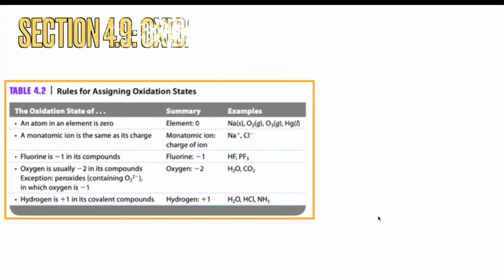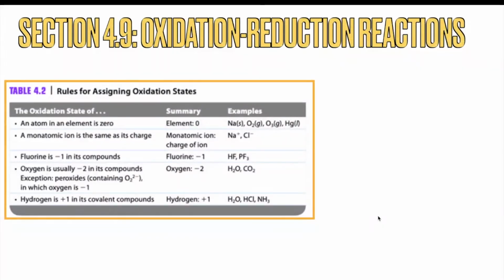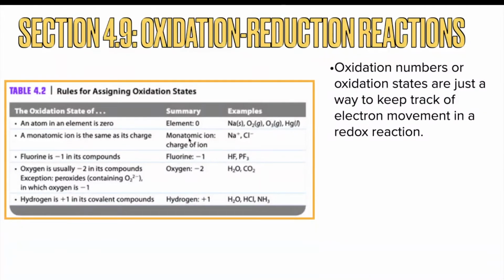All right, now, last section. 4.9, oxidation-reduction reactions. So this is the table directly from the book, 4.2, rules on assigning oxidation states. Here are our general rules for assigning oxidation states to various things. Keep in mind that oxidation numbers, which is what we're technically talking about here, are just ways to keep track of electron movement in redox reactions. A lot of times it's like an accounting measure to just make sure we know what we're talking about. It's not reality. So in reality,